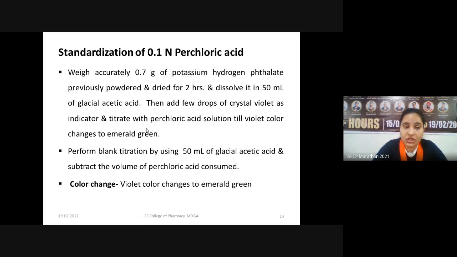The volume of perchloric acid which has been used in the first case, we are going to subtract that. We will be subtracting from that value the second volume which we will be getting in the second step, that is the blank titration. From that we will come to know about the strength of the perchloric acid which we are going to use. Now